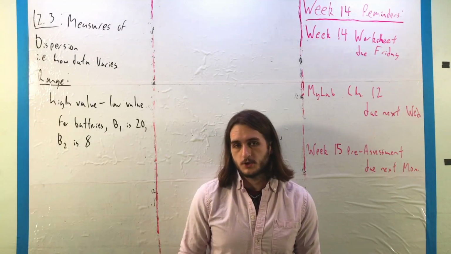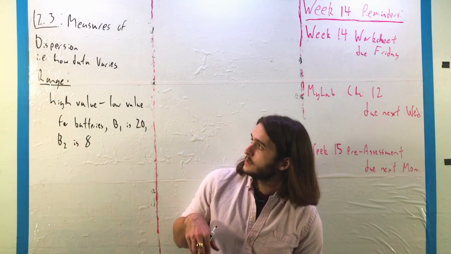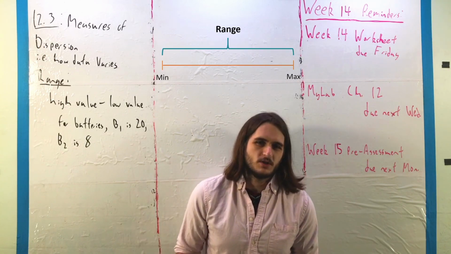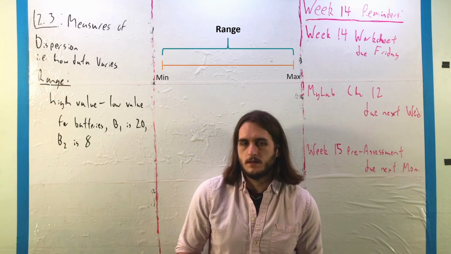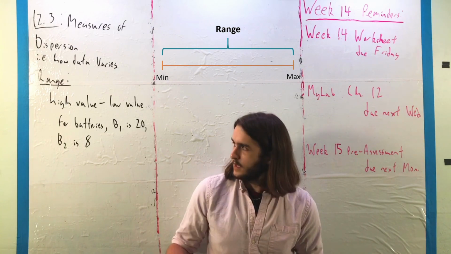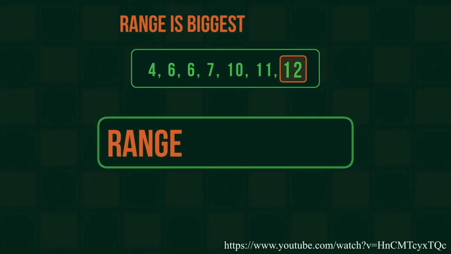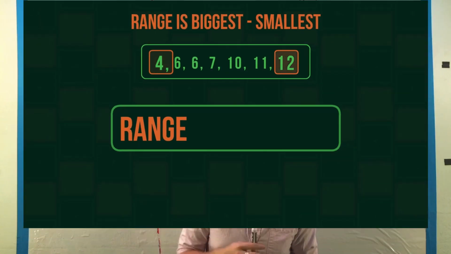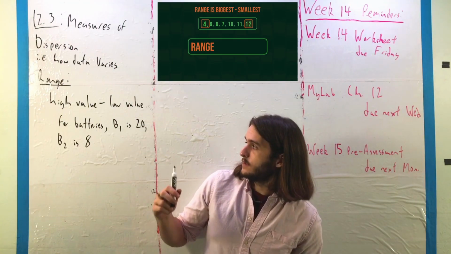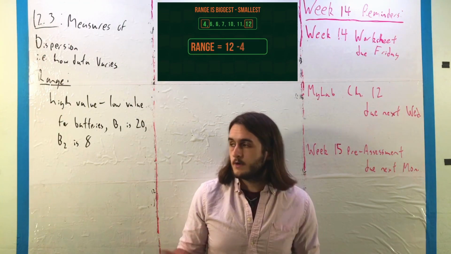The first measure of dispersion that we're going to look at here is the range. And range is a pretty easy value to compute, and the name kind of tells you what you're looking at. It's just the highest value minus the lowest value. So for our batteries from that last example, the range for the first battery would be 20 hours, while the